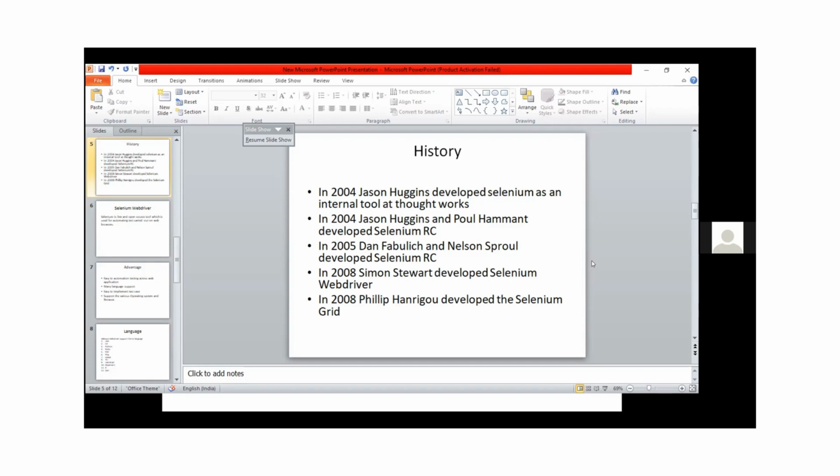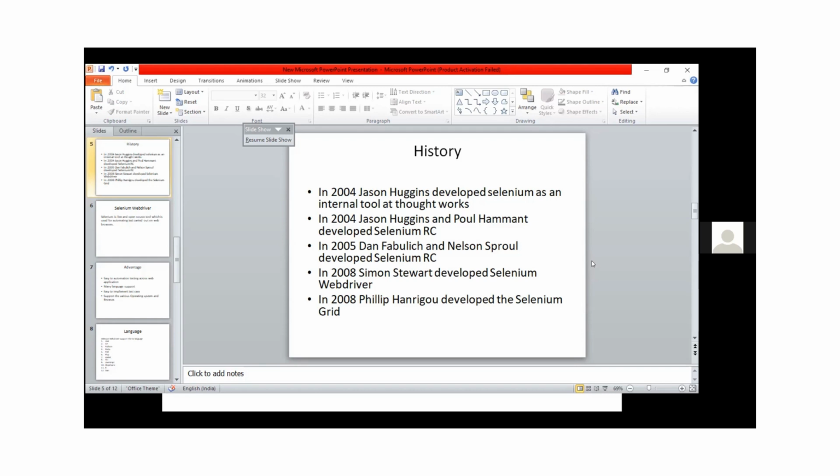And in the same year, 2004, the Selenium tool became open source. And in 2005, Dan Fabulich and Nelson Sproul developed Selenium RC, meaning they gave the idea of how Selenium RC works.